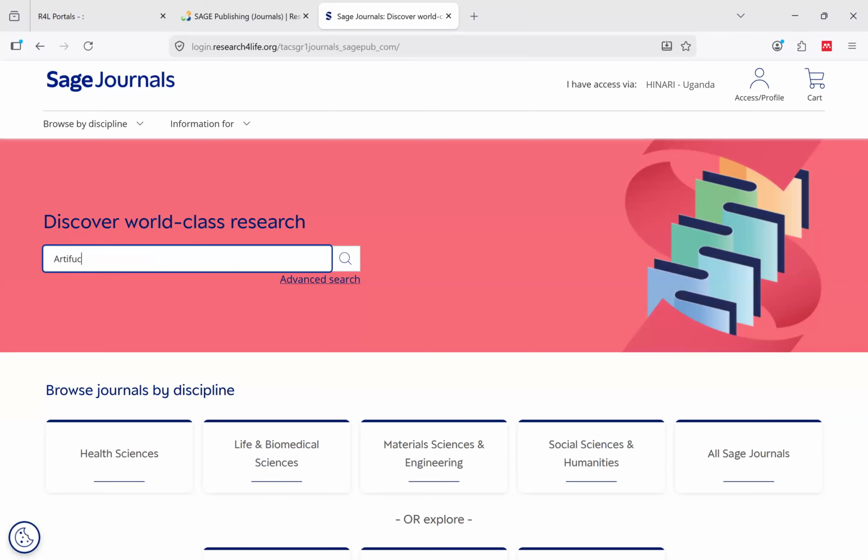Artificial intelligence generated tools. Generative tools. Okay, let us search.